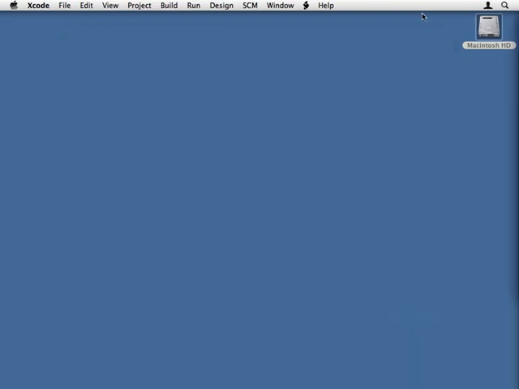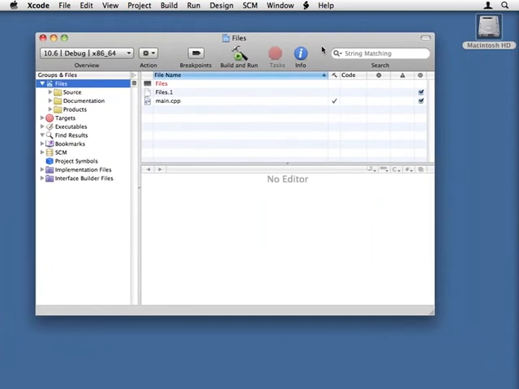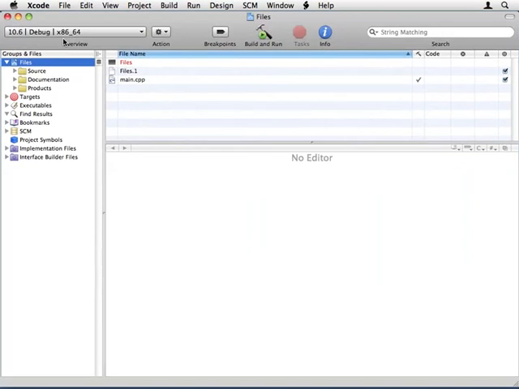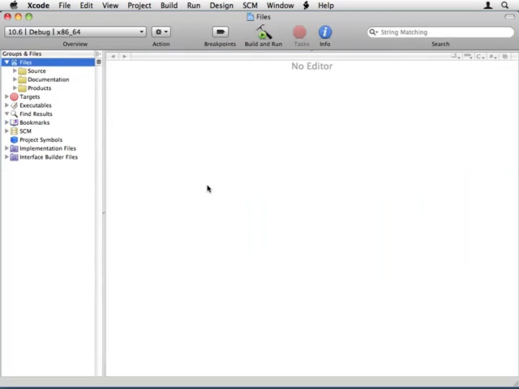Alright, and that will bring up this little window that popped up off screen for some reason. And this is just the standard Xcode window. I'm going to go ahead and click up here to maximize it. And then I'm going to hit Shift Command E to maximize the editor. So now that everything's basically set up there, I'm going to go ahead and create my data files